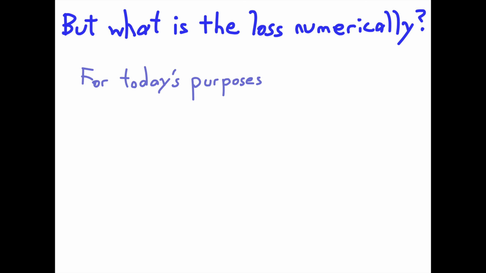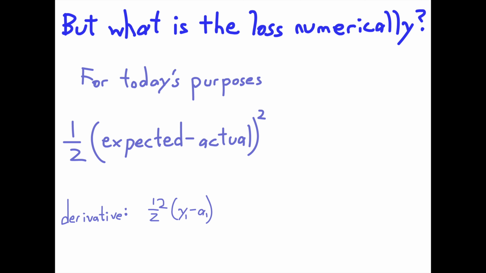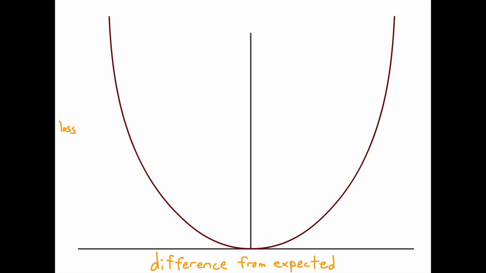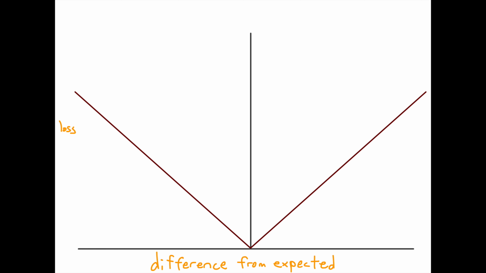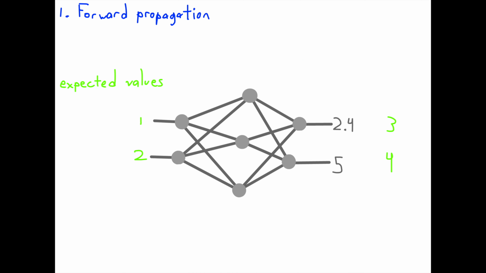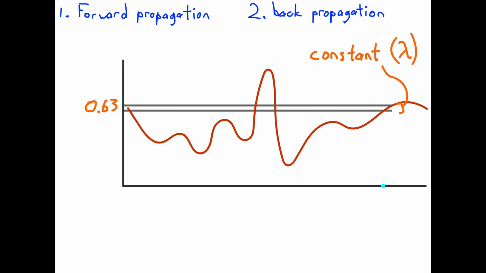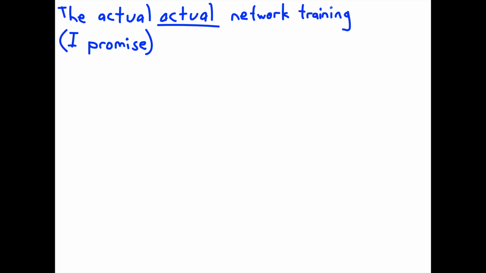The loss function I'll be using is this, which has a few good properties. The 1/2 in front cancels with the square when taking the derivative of it, so no further multiplication. The squaring also means that the slope essentially encodes how far away from 0 you are, compared to, say, an absolute value function, where the slope only tells you which half of the function you're on. This has more information. Just to go over the basic algorithm again, we figure out the error of the network, then we figure out the gradient, then we adjust each weight and bias by that gradient, multiplied by some constant, so the process doesn't spiral out of control.